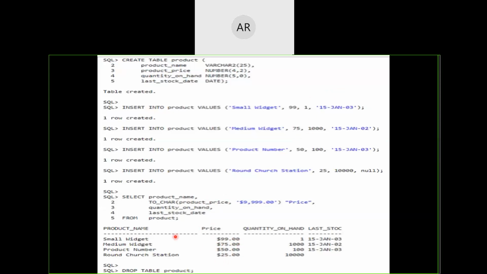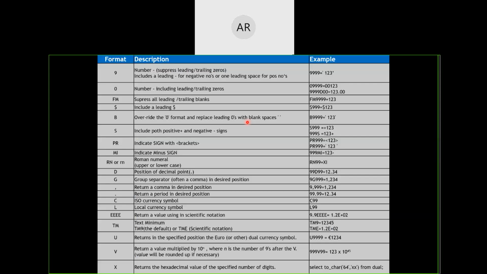Similarly, $75.00. Like that, if you want some formatting to be changed, then you will be using this type of computation. Here I kept, for each format, what it is and examples for it. If you are highly interested, you can go through them. But practically speaking, I feel it is boring.